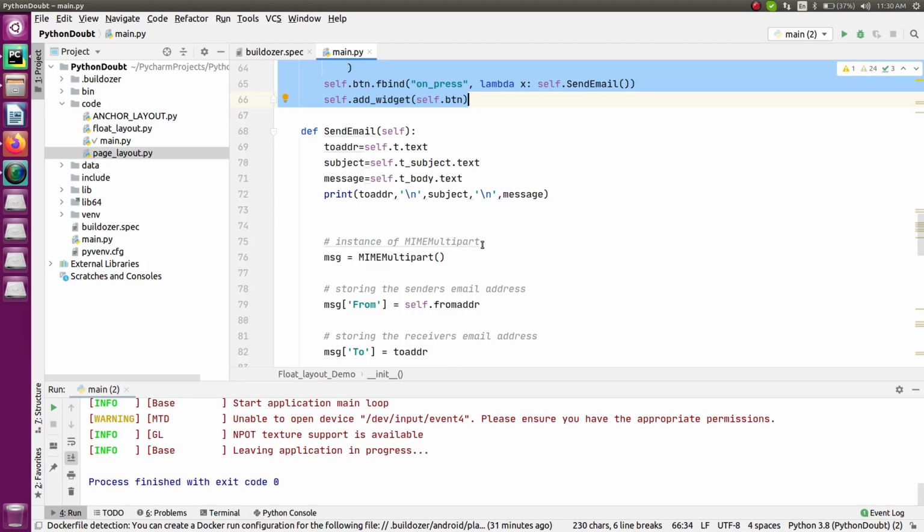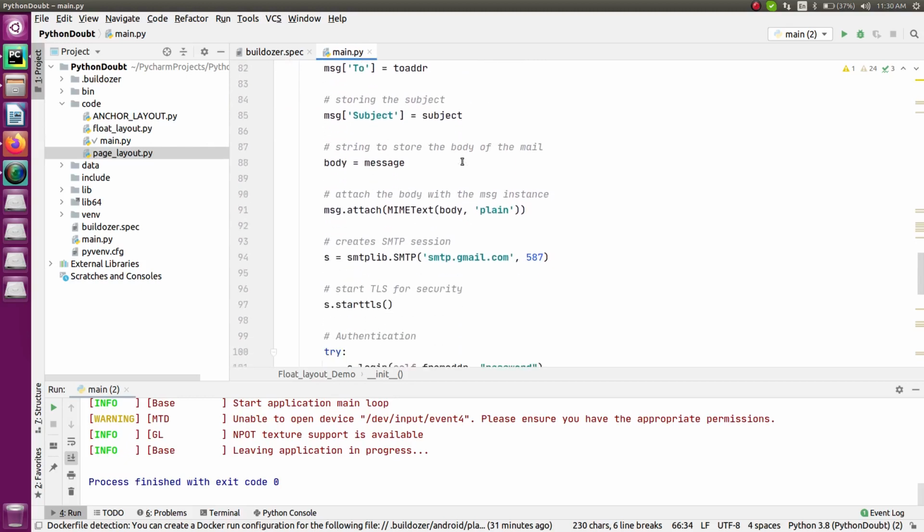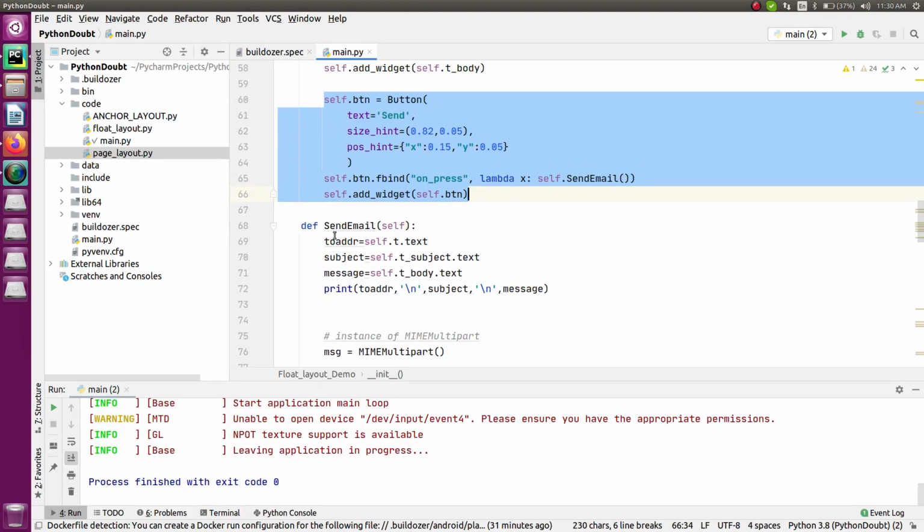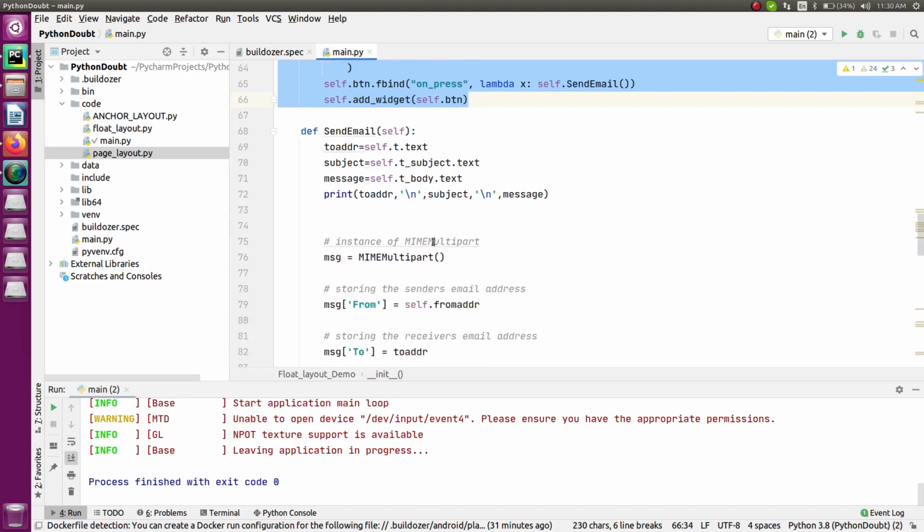So there I have already shown you the exact code for that, so you can use the same code from there, right? But still I have added the same code, and if you want the code, don't worry, I will leave a link in the description. You can check that and you can test the program, right? So this is all about that.